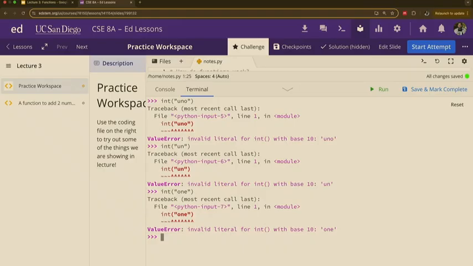No. Okay? So therefore, these strings, even though they may look like there's a number inside, just because it looks like it's a number, just because we can read it as a number, doesn't mean that Python can also read that as a number, right? All right, so it has to be the numerical value, not written out. Okay?